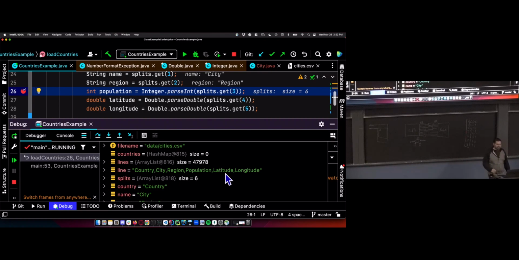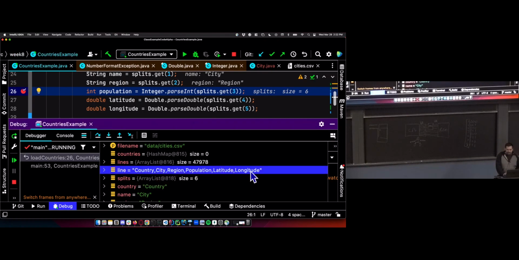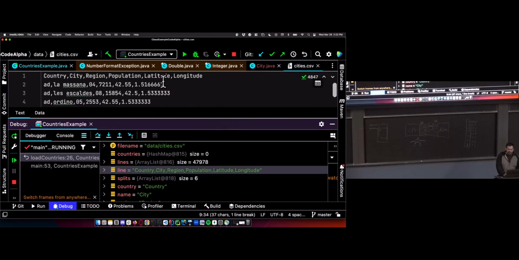But the first time we hit this line of code is on the problem line. It's the line with this information. If we go to our cities.csv, we go, oh yeah, there was a header line on this file. So we're trying to parse the header line, and when we get to the string population, we're trying to parse that as an int, and the string population is not a well-formed int, so things blow up. We can't